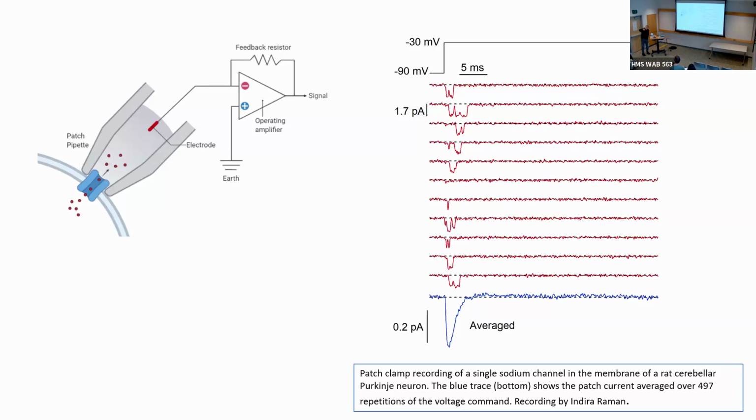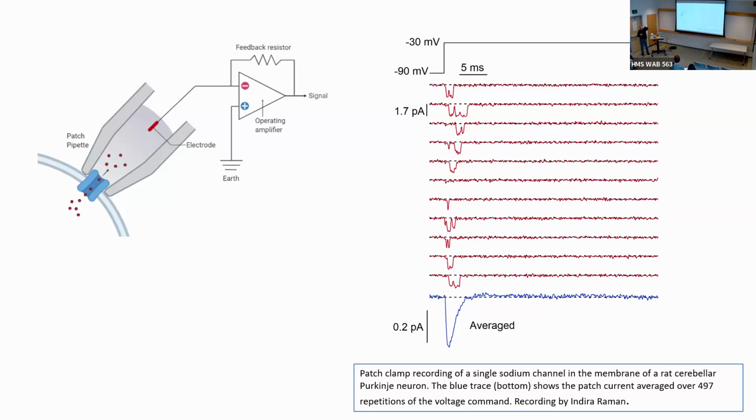But it was really hard to do much of anything with mammalian cells. You could put a sharp microelectrode in them, and usually it killed them. And if they lasted, they didn't last very long. You couldn't clamp the voltage in the membrane. You couldn't really see what was going on. But with the patch clamp technique that Neher and Sakmann developed, you basically take a pipette that's got a tip of maybe 2 or 3 microns.